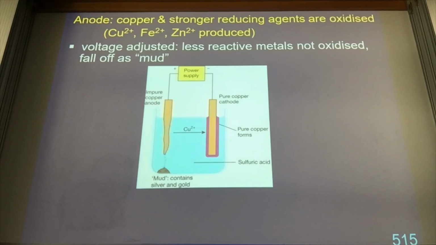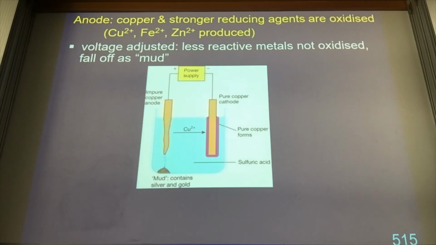So carefully adjust the voltage, just enough to oxidise copper. Therefore, any more reactive metals than copper will be oxidised as well. So iron, zinc,